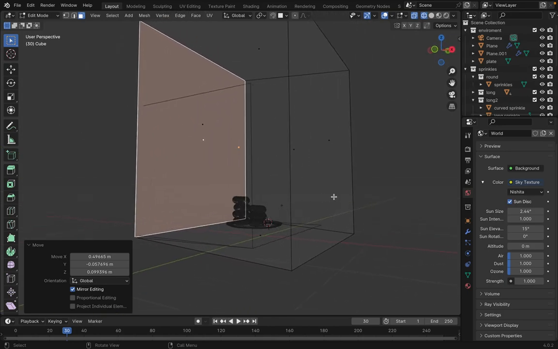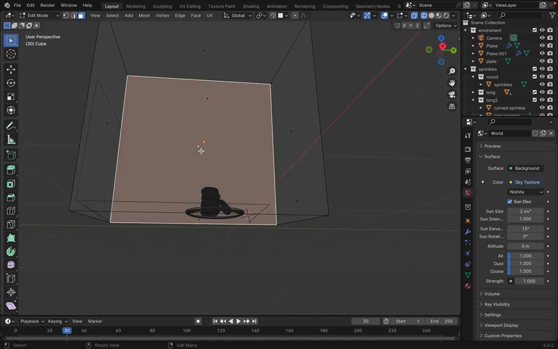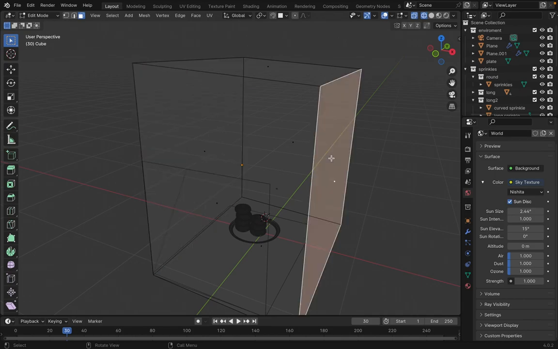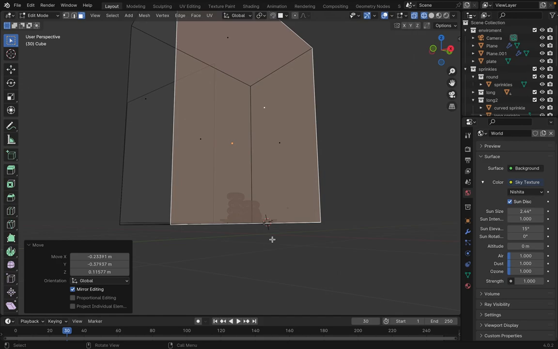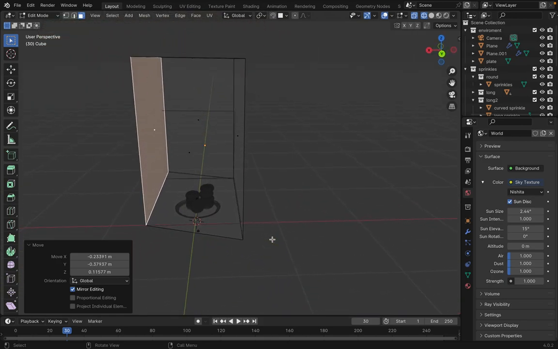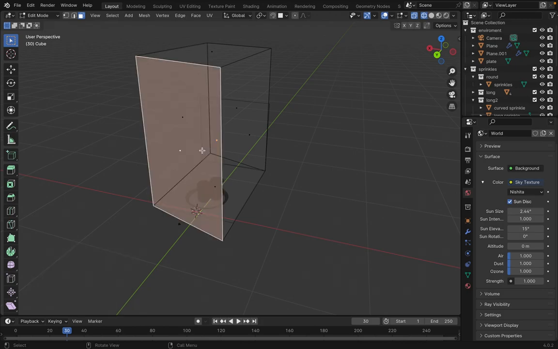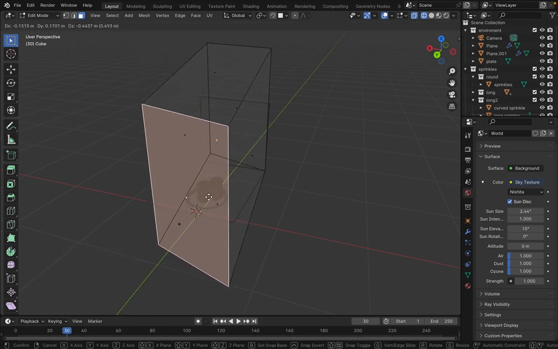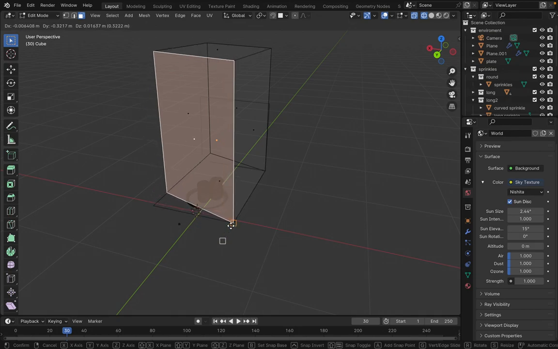Okay, we select this face. Select G, select B, that side to this side. So we select this side, G, we select G, B, side to